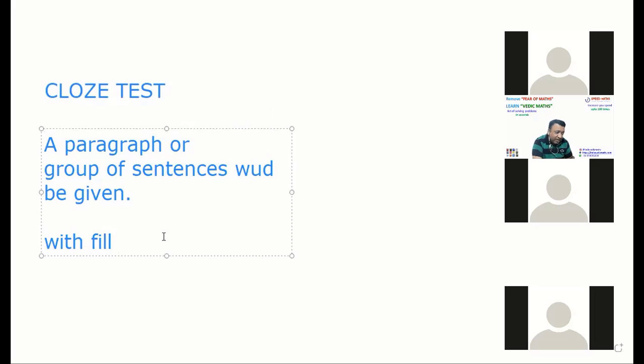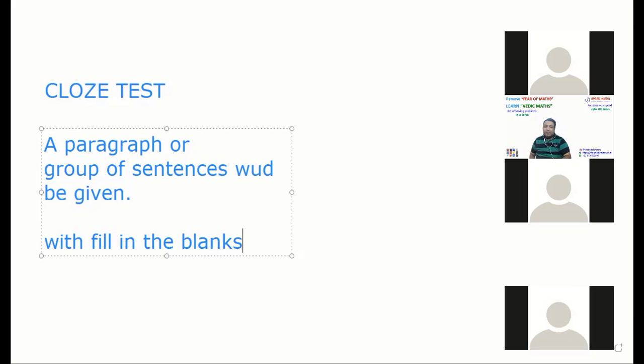It's a very interesting, very important topic, a little difficult if the level of the paragraph is difficult. Let's fill in the blanks. So it's not normal fill in the blanks, just a one-liner. No. It's a paragraph where certain words would have been omitted or put in wrongly. So we have to fill in the right word. Obviously, I'll give you options, 4 or 5 for each blank. And then you are going to analyze.